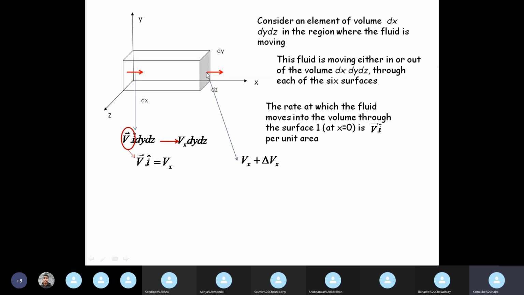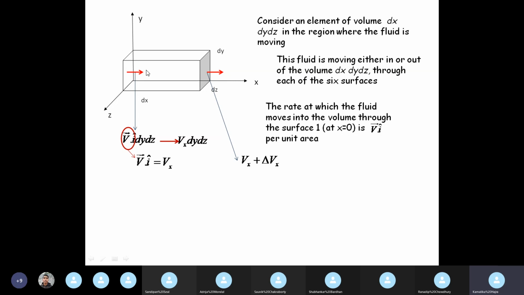So the fluid that comes out from this second surface will be Vx plus delta Vx. This delta Vx may be negative or positive. That is, some amount may have joined Vx or some have left Vx. But the amount that leaves this volume through the second surface is infinitesimally different from what has entered through the